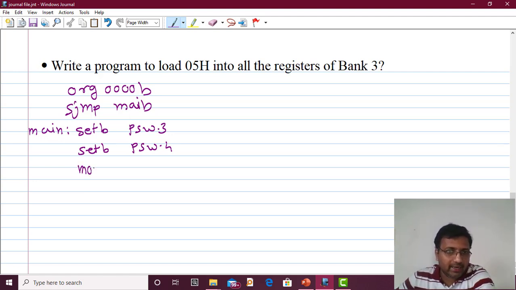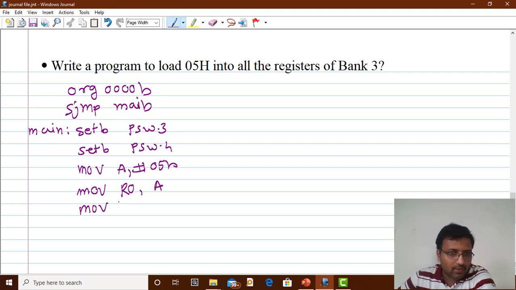Again I need to load 05H into all the registers. So I can take that data into the accumulator: MOV A, #05H. Then I can write MOV R0, A. So already I have selected bank 3.